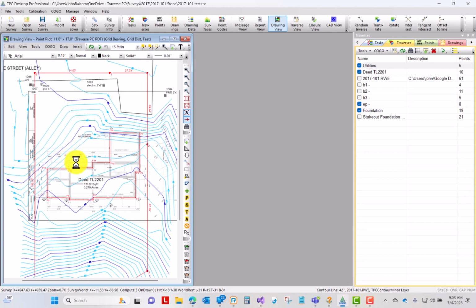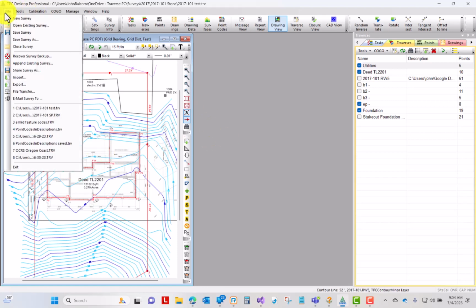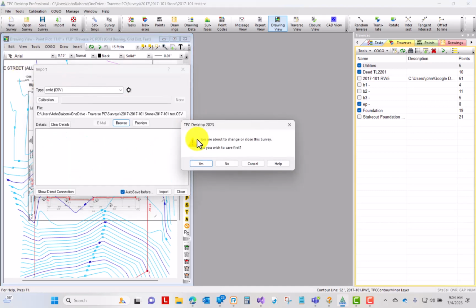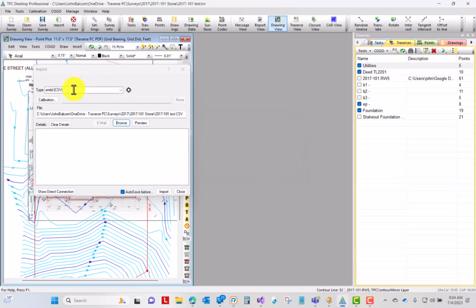Now I've got these foundation points that I can export out to my GNSS equipment and stake them out in whatever the coordinate system is. Let's take a look at the workflow that we use to do this. I'm going to import the GNSS ties that I did out in the field, and I did that with an Emlid. Let's browse to that,